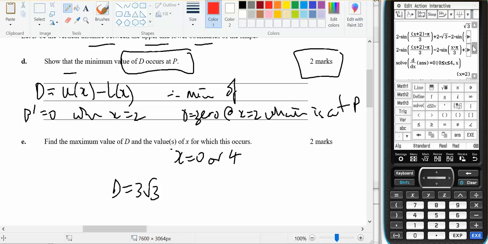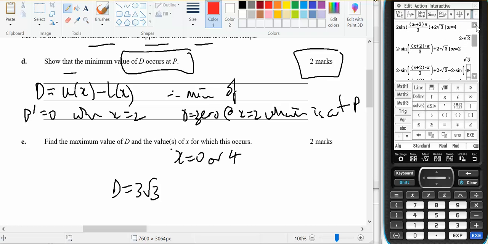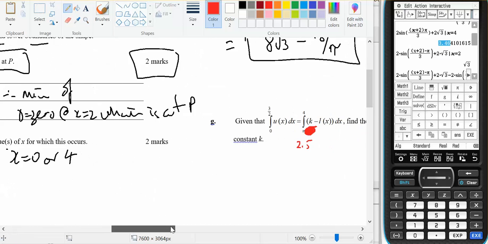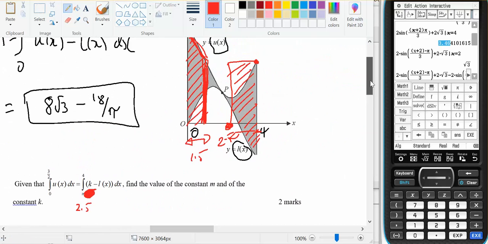I'm going to do that calculation: x equals 4, 2 root 3, and 2 root 3 as a decimal is 3.46. So I'll go back over here. That height there has to be at 2 root 3, which means K is 2 root 3, because this area will be the same as this area if those distances are the same, and that down there will be down at -1, because that will be